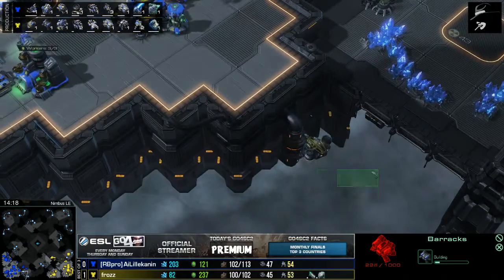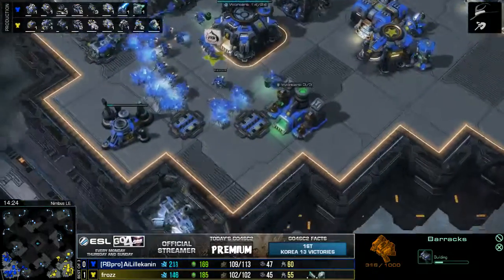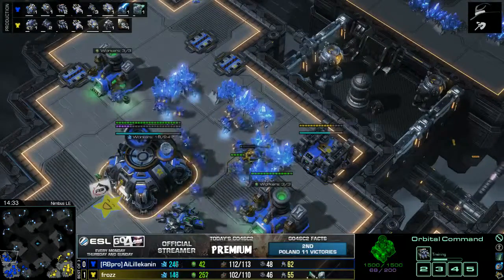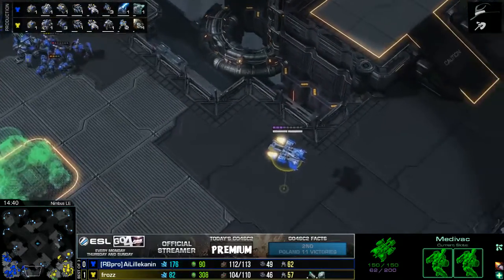I think this is like the most underestimated area to get drops into the mineral line, at least in this game, because Lillekanin is not putting up any defenses, so that's certainly an option for frozz if he only just scanned and saw that there are no...